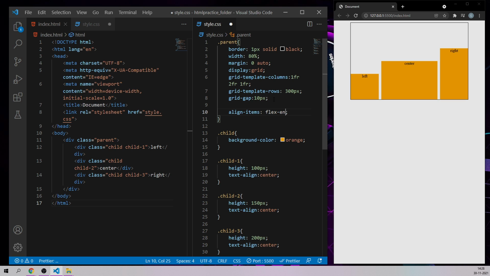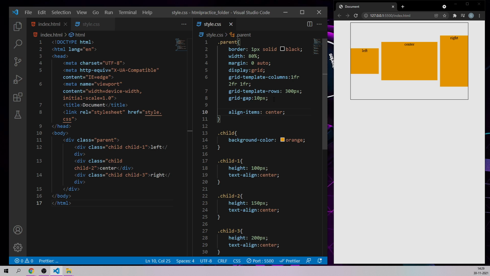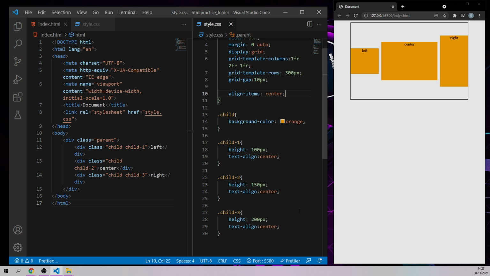Okay, and just like this, if you want, you can align them exactly in the center of the parent element. No matter whatever the contents or heights, it will not matter because it will be exactly in the center of the page. Now what you can do is, see guys, this right side child element is like 200 pixels, and the parent element is 300 pixels, the row which you have decided.